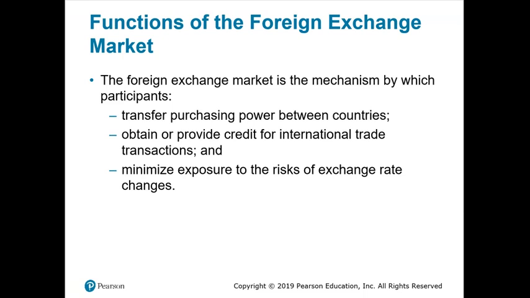Next, the foreign exchange market provides credit for international trade transactions. Remember, movement of goods and services and capital between countries is a time-consuming process. So the inventory in transit must be financed. For example, letters of credit are used for facilitating international trade. We'll talk about letters of credit later in greater detail in this unit, but the bottom line is